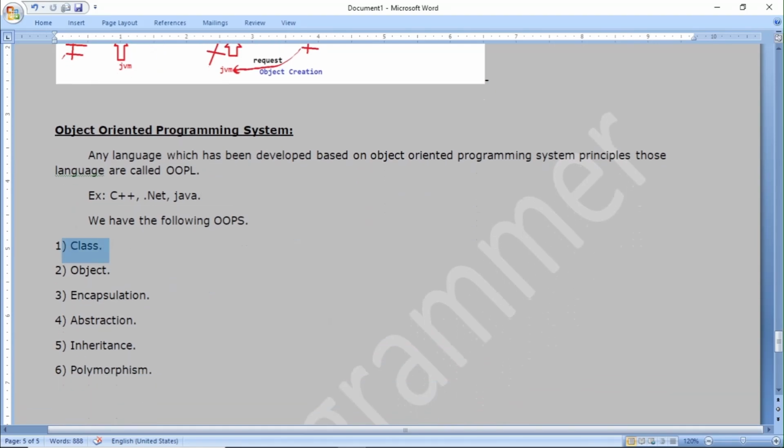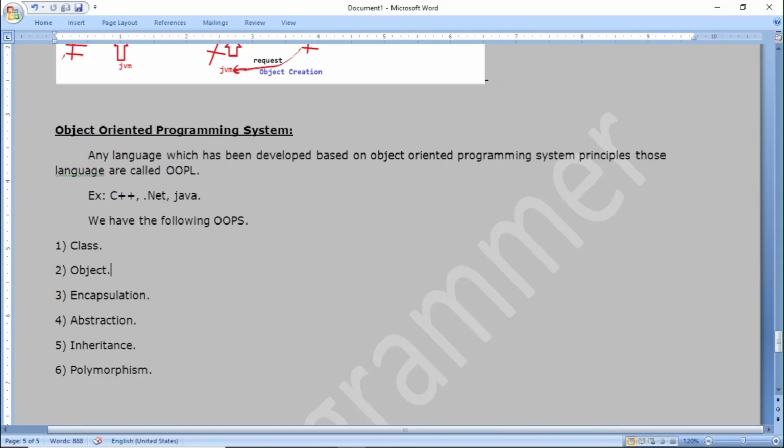What is a class? A class is a collection of variables and methods. And an object is an instance of a class. In other words, we are giving permission to the JVM to provide memory for instance data for performing any task. That's why we need an object.